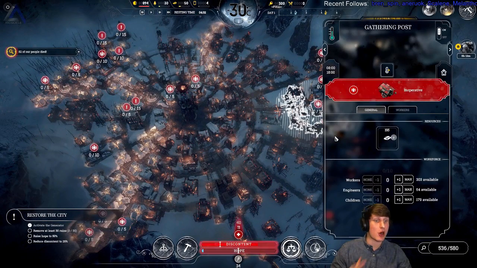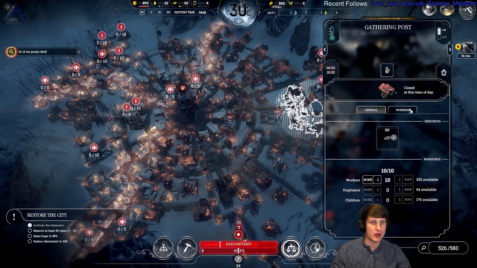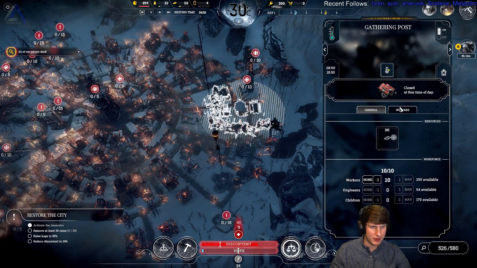Okay, so we're gonna go ahead and start putting people to work in all of these things. And they will gather materials for us depending on what we designate them to gather. I believe, right? This is just a gathering post. Oh, so there's only steel available here. So again, we have